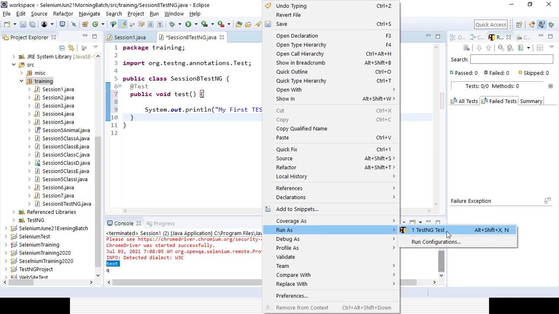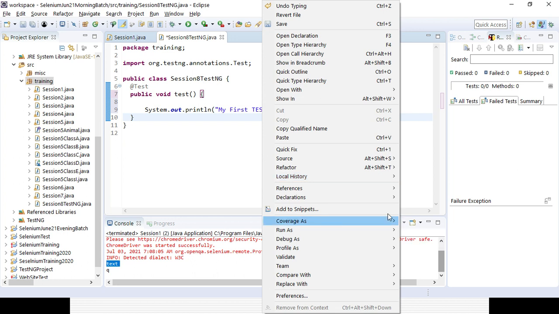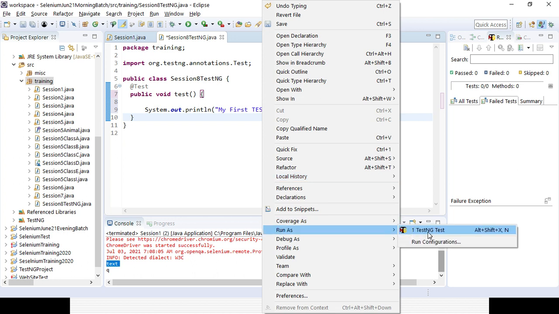That is the difference. And if you want to create a testng.xml file and run your test cases from the testng XML file, you will be getting the option TestNG Suite. So those are the three different applications. If it's a Java project, only Java Application will be coming. If you want to run TestNG classes from the class level, you will be getting TestNG Test, and if you want to run your TestNG classes from the testng XML file, you will be getting TestNG Suite. Okay, so let's try to run it with the help of TestNG Test.